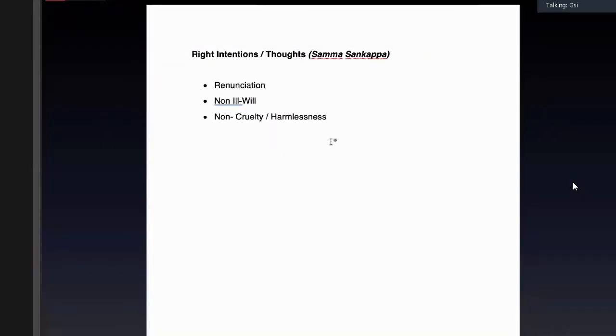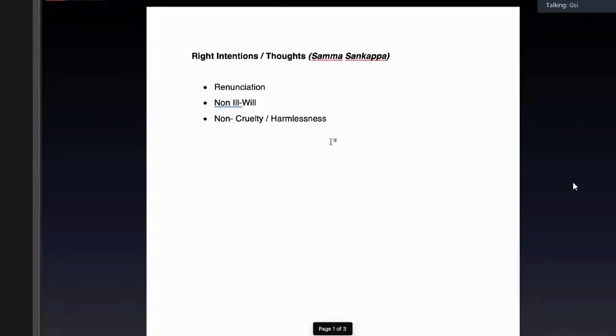Can y'all see? Okay. Now the right intention here is the intention of renunciation, non-ill will, non-cruelty, or harmlessness. That one I've given, if you all read the Noble Eightfold Path, the standard sutta that I've given to you all last week, or those who just joined us for today, last week on Wednesday. So you have to go to the Facebook on last week's talk under the comments, you can download